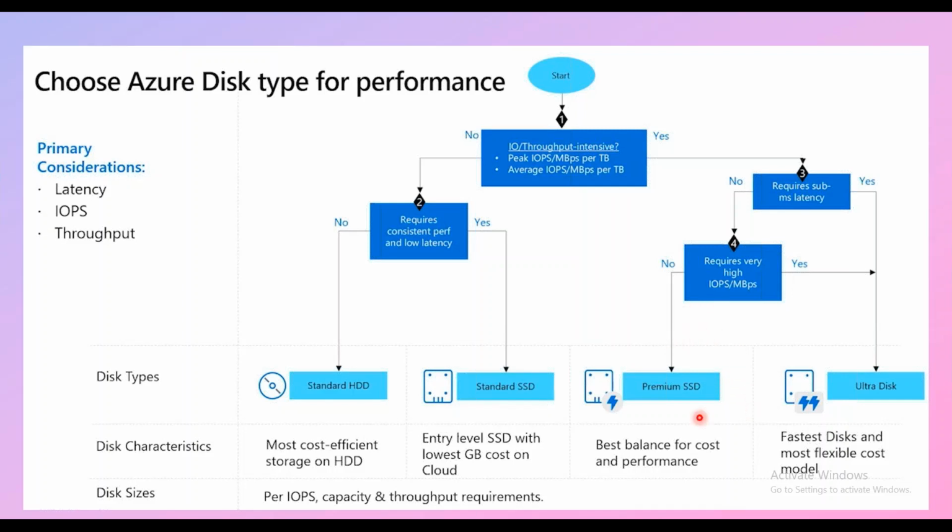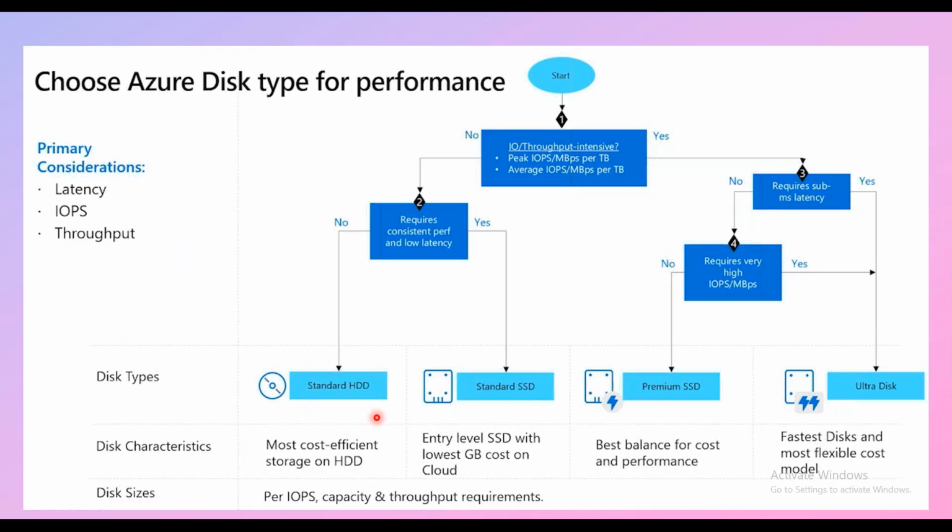If you're looking for very demanding workloads like your RDS, or your relational database systems, or any of your highly IO intensive applications, then you might have to choose premium SSD or ultra SSD. So standard HDD is very common for your OS drives, and for taking backups and all those use cases, you can go for